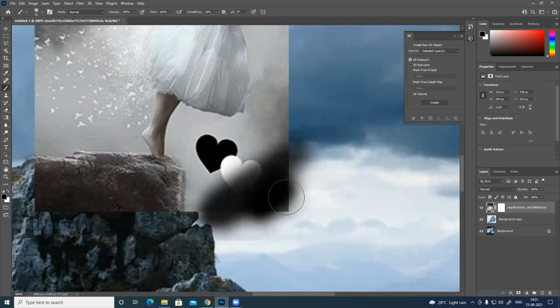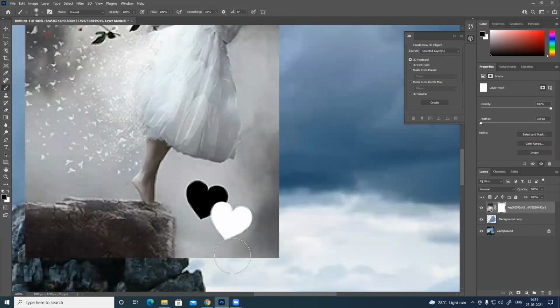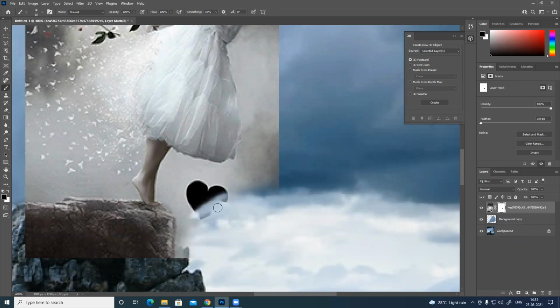Brush with black. Oh, sorry, my bad. I need to select the mask. As this particular image is not that great resolution, I'm just simply manually changing all this.